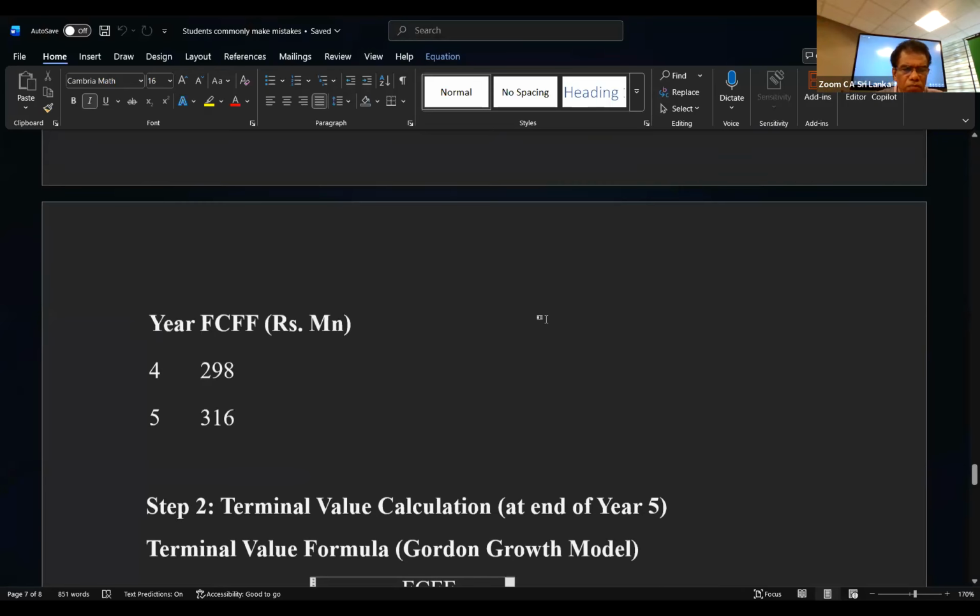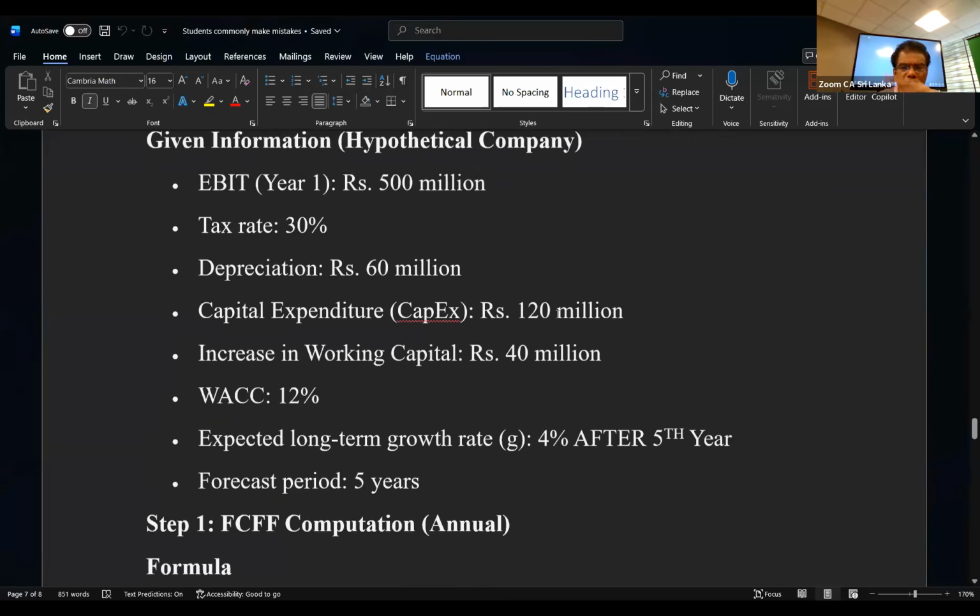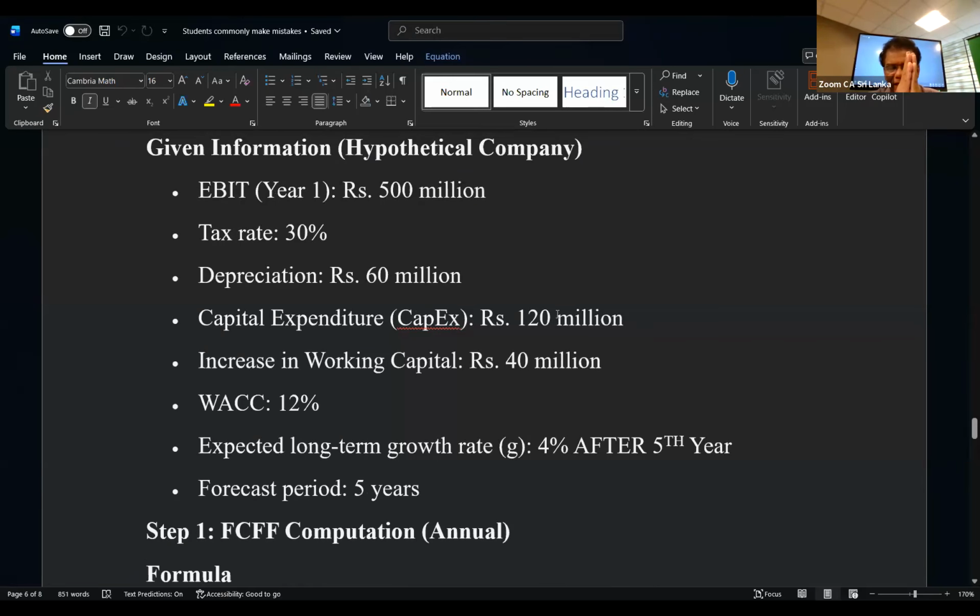So no, sorry, what I mentioned is that this is the case. I just want to show you that you are all making two mistakes in the terminal value. How to calculate terminal value? Totally 90% make the mistake. The second one is the discount rate used for the terminal value; they also make a mistake there.